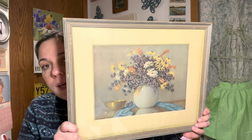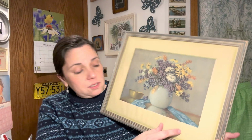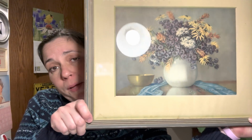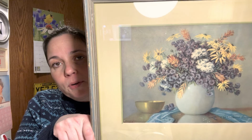Anyway, and then I also found this one. Oh my gosh. I love this one. I think it's really pretty. It was $4.99, but I just love it. It does have a little water damage down here. It was probably in someone's basement, but you know what? That adds to the vintage flair, and I just thought it was a really pretty picture. So I think this is going to go in my bedroom, and if you see here, it has this little brass bowl, and I got to go with it